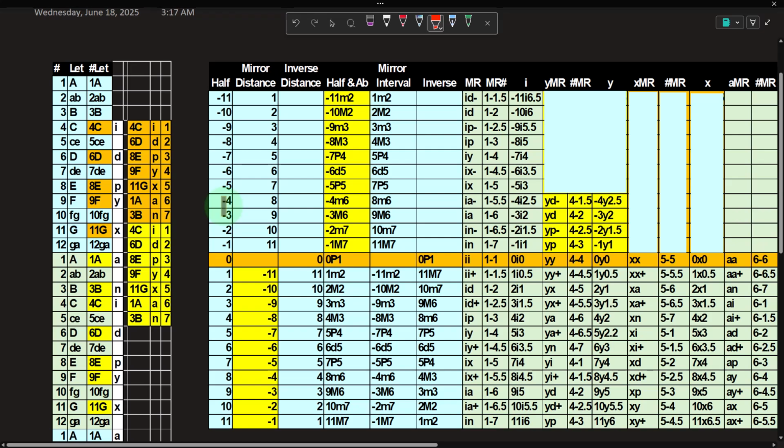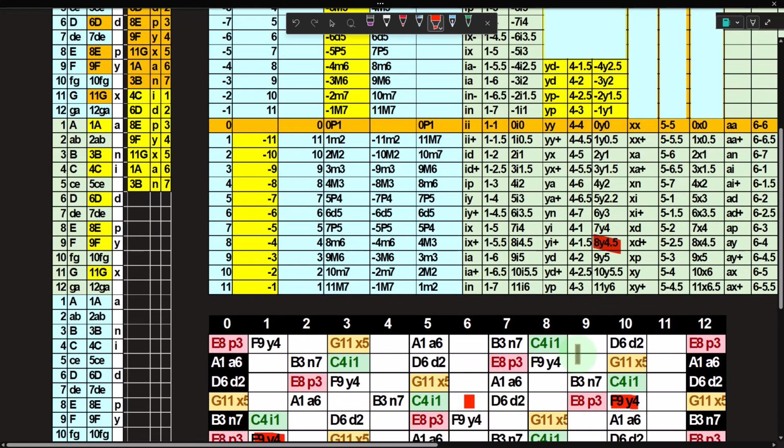So I'd have to say 12 minus 4 is 8. We know that 8 is a minor 6. Therefore, the minor 6 could be 8 forward or negative 4 backwards. But I'd rather call it a YD negative modal range, a 4 to a 1.5 modal range, which would be a negative 4 notes back from the Lydian mode, a negative 2.5 modal half steps back, because then if I go forward, I know that that's simply going to be an 8 note away from the Lydian mode, 4.5 modal